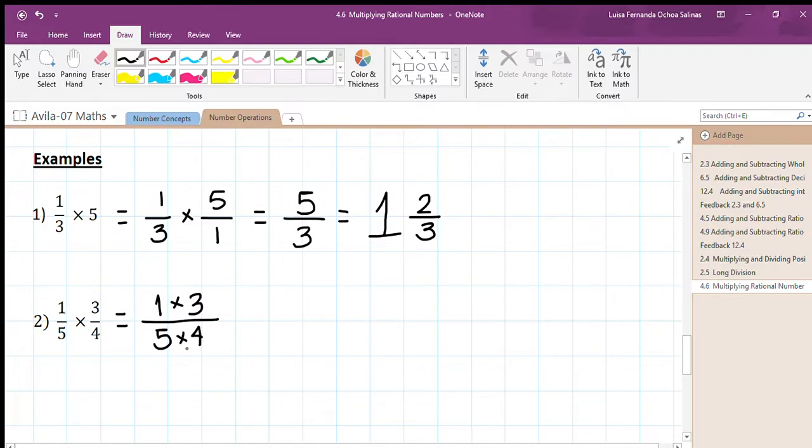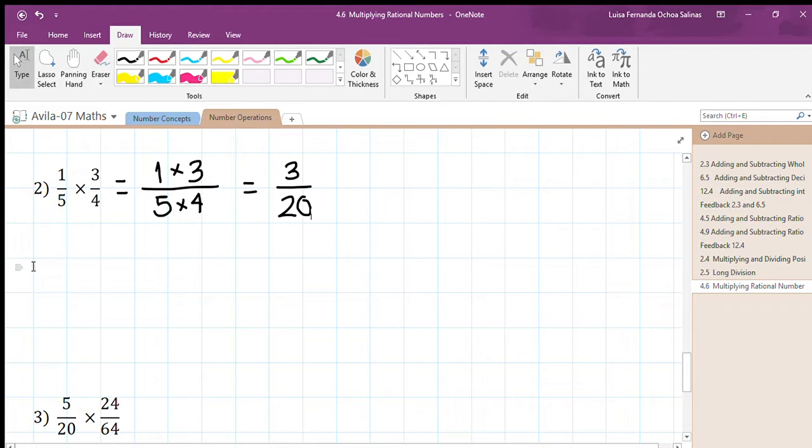This is going to become very useful later on and in next year, in year 8, 9, and 10, when you start doing algebra with fractions. So it's a good idea to start writing it like that. And basically what I'm saying, okay, my answer is going to be 1 times 3, which is 3 over 20. Can I simplify this any further? No, I can't. Good. Let's do our last example here,